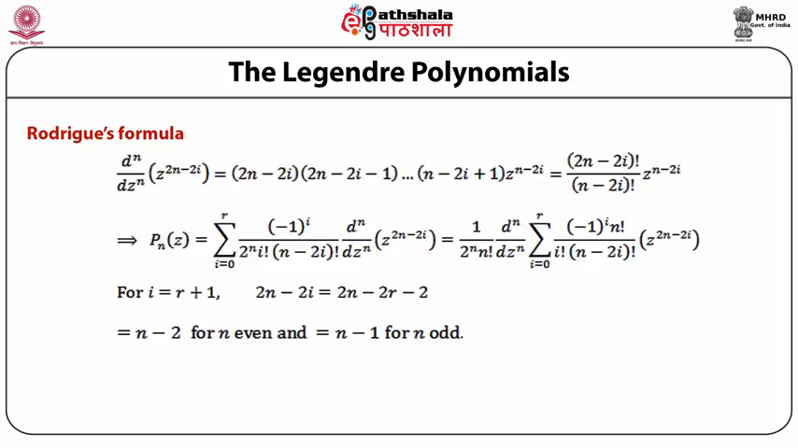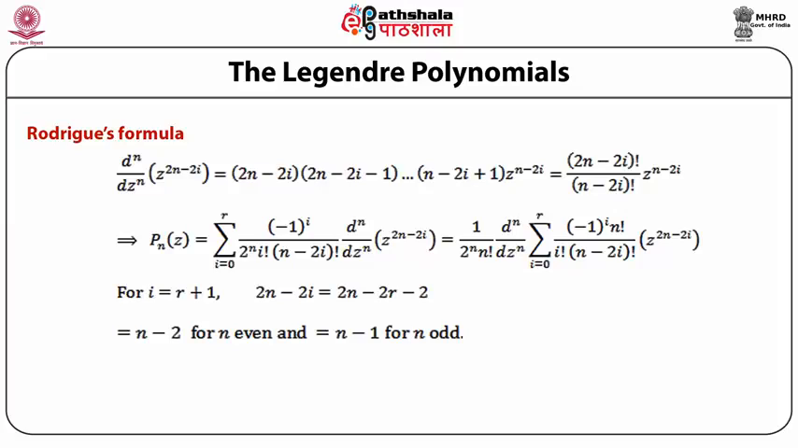On substituting this into the expression for Pn(z), we get Pn(z) equal to summation over i going from 0 to r of (-1)^i divided by 2^n i! (n-2i)!, multiplied by the nth order derivative of z^(2n-2i) with respect to z. The equation can be simplified to obtain Pn(z) to be equal to 1 by 2